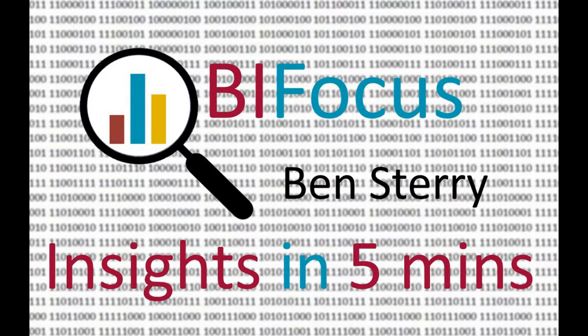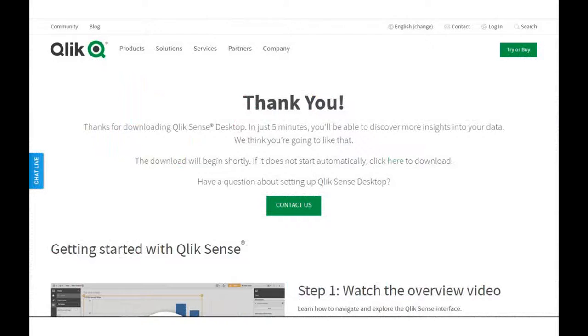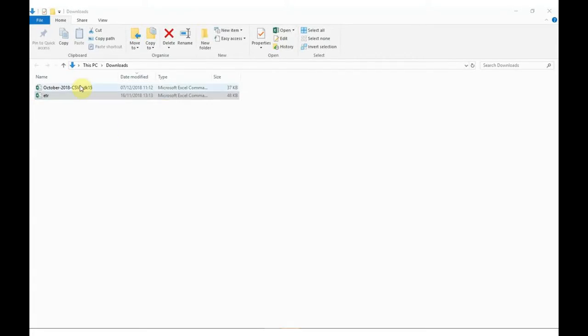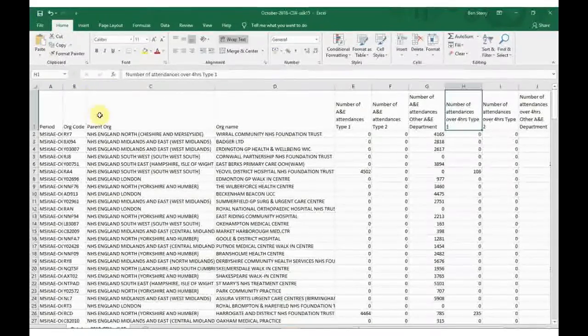Application to give insight into your data in less than 5 minutes. The 5-minute challenge comes from Qlik's own website. Having downloaded the November edition, you'll see that it says in just 5 minutes you'll be able to discover more insights into your data. So I'd like to build an application based on accident and emergency data for October from